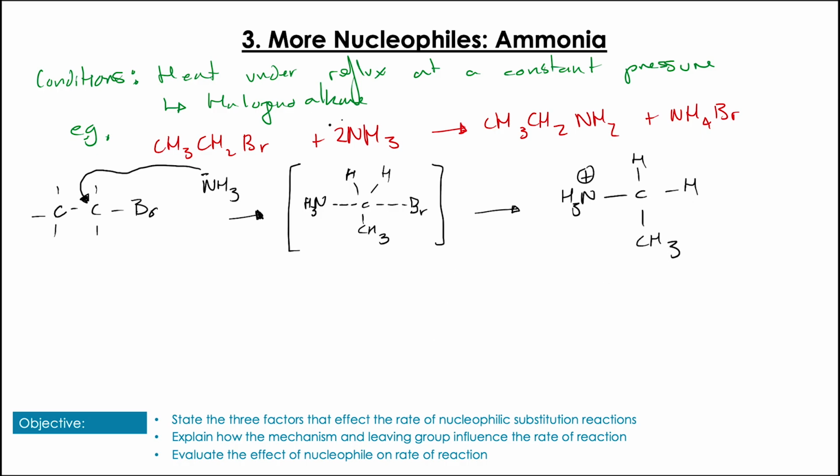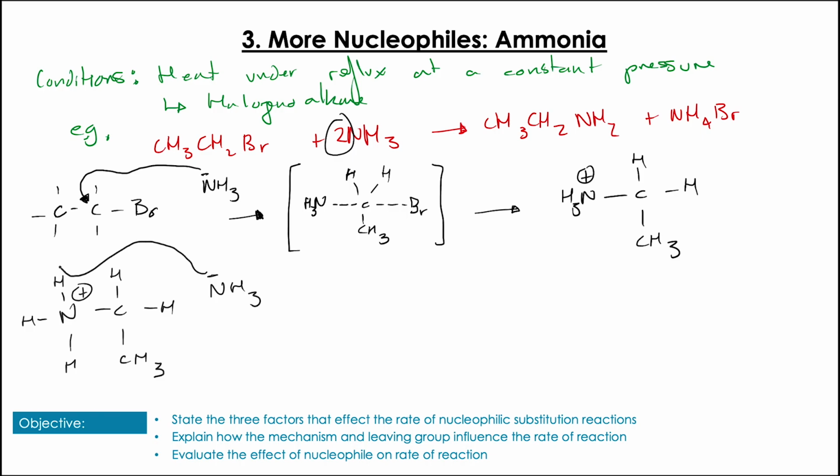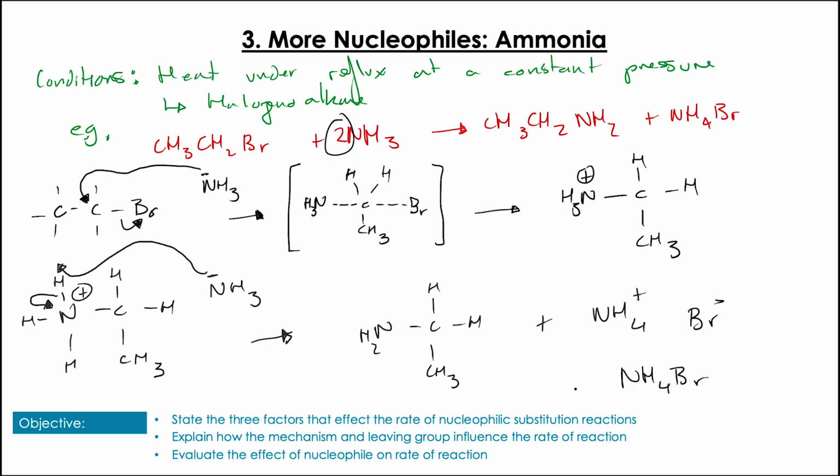After the bromine leaves, we now get this cation. And this is exactly why we need another mole of ammonia, because we want that ammonia to actually come and pick up one of these hydrogens on this positively charged intermediate. The lone pair will come by, pick up one of these hydrogens, and then the electrons from that will go down onto the hydrogen, forming our primary amine and some NH4. That NH4 will, of course, be able to bond with the leftover Br- from the first step of the reaction, forming that